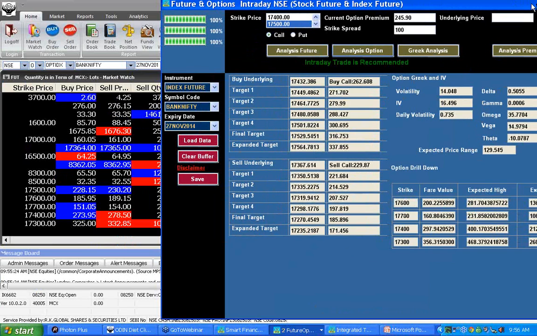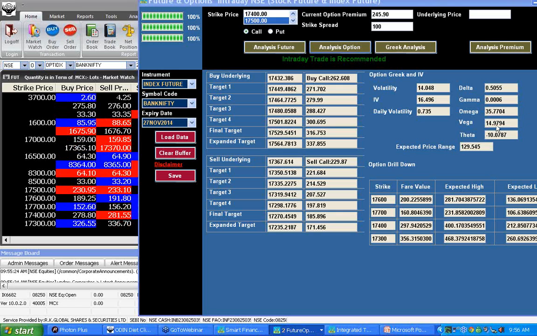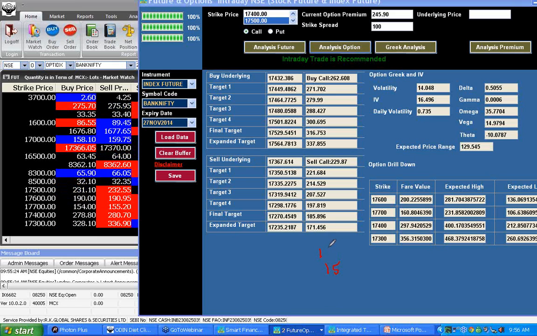So since this option's value has changed from the 245 level, it has come to the 17,500 call option. So 245 reference once it has come, from there I am just taking it. So now arbitrage values also you will find out. 37 to 57, same it makes around. So here 10 to 15 points, 17,400 also 10 to 11 points lesser value.